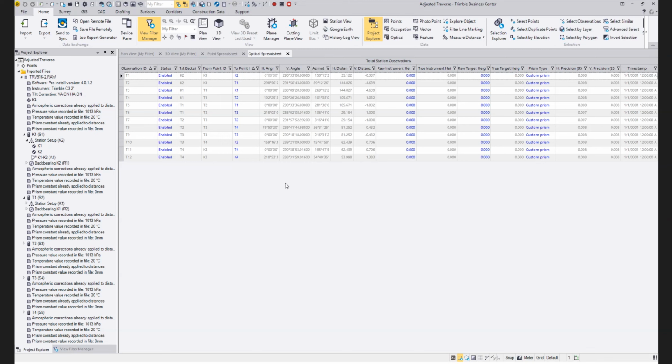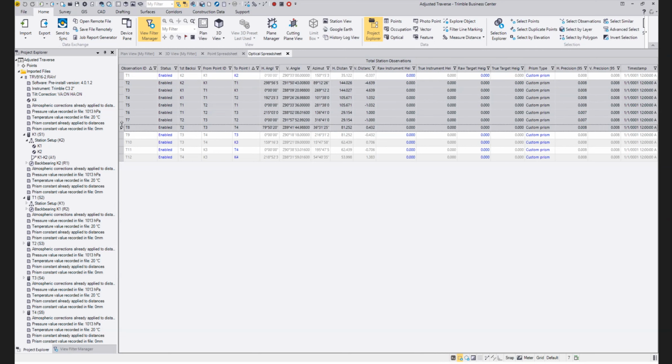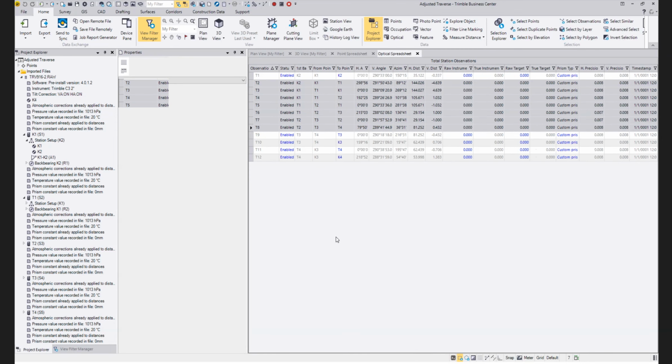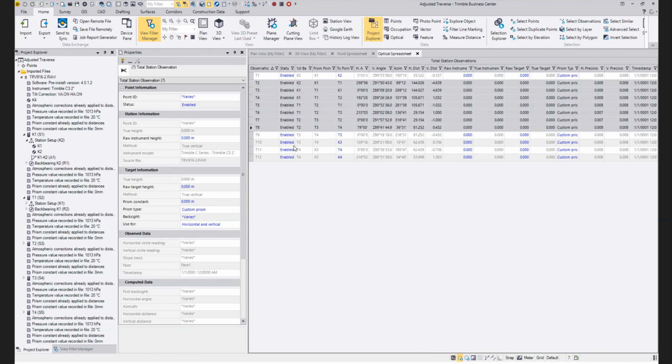Now, the reason how these can be used to help you is that I have editing capabilities quite a bit richer than what I had in the viewer mode that allow me to make changes. Let's say, for example, I have some observations. I'll select these observations and right click on them and show the properties. When I do that, the properties of all the selected observations are shown, and those properties that are common,